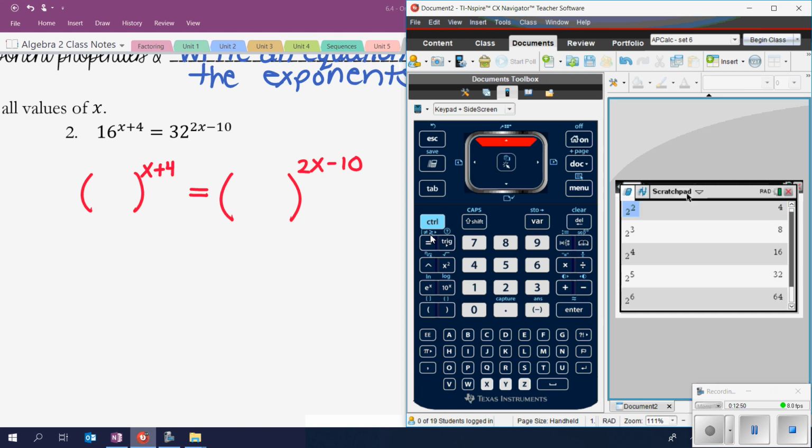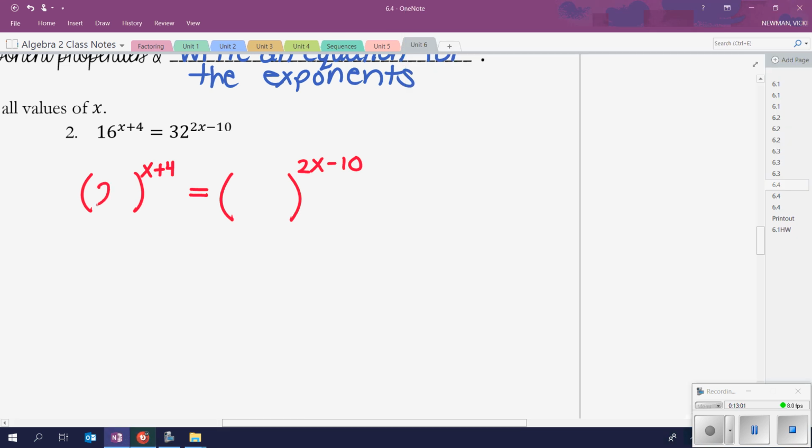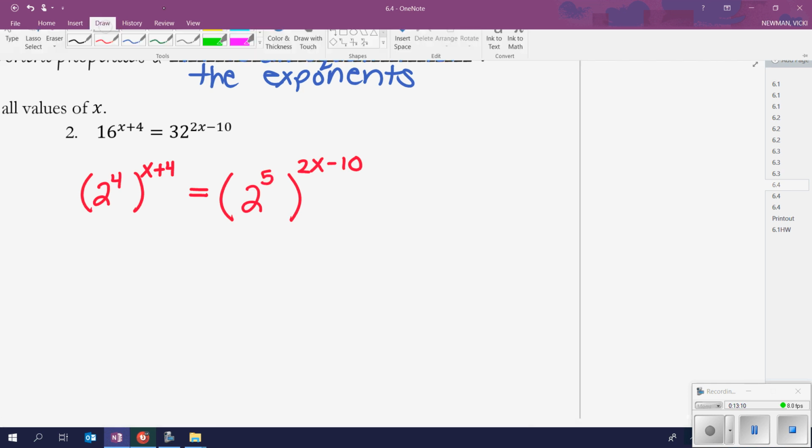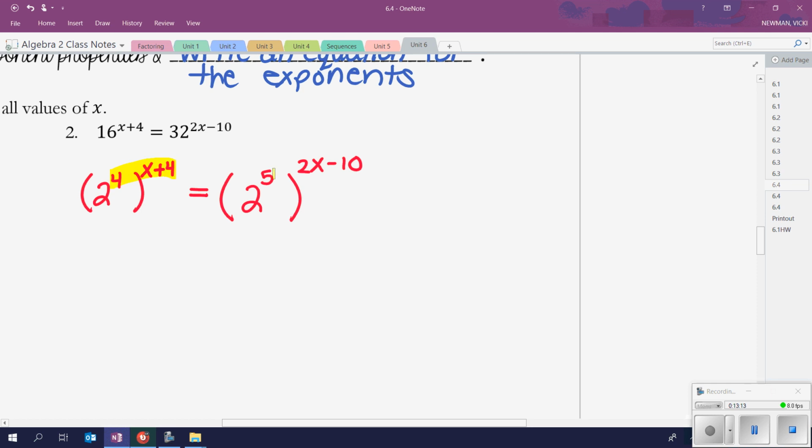They're all with a base of 2. Use base 2. So 16 is 2 to the 4th. So I'm replacing 16. I'm just changing the way it looks. 2 to the 4th. And 32, we just saw in the calculator, is 2 to the 5th. Exponents. We have a power to a power, so we're going to multiply. So 4 times x plus 4, 2 raised to the 4x plus 16 is equal to 2 to the 10x